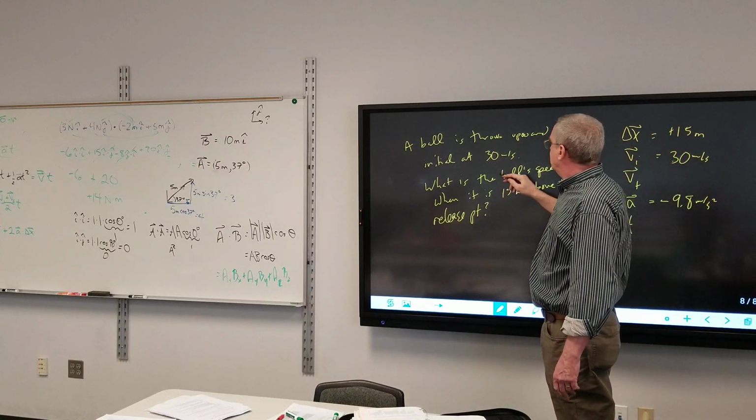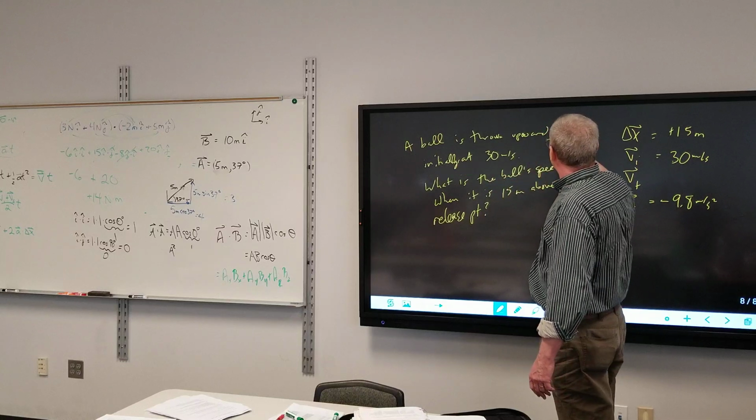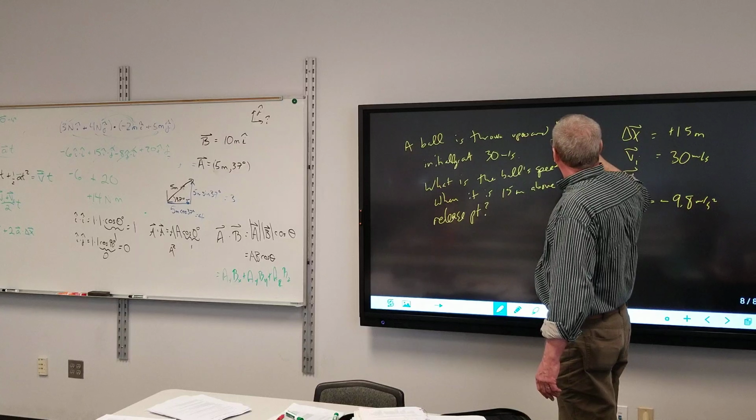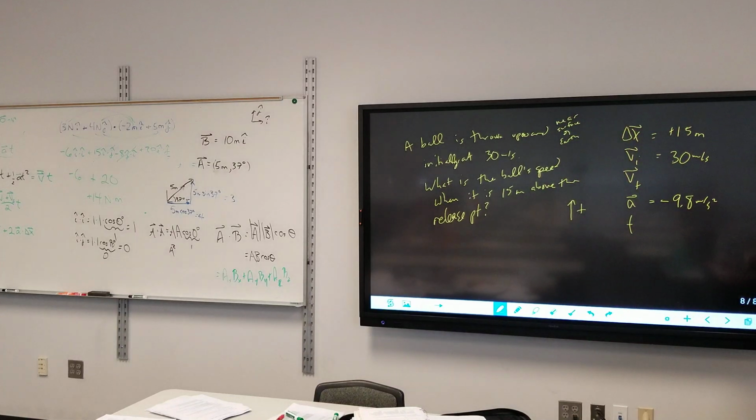We'll throw it upward, initially 30 meters a second, near the surface of Earth. If it were Mars, this number would be, I think, negative 2.7. If it were Venus, 7.8. So now,